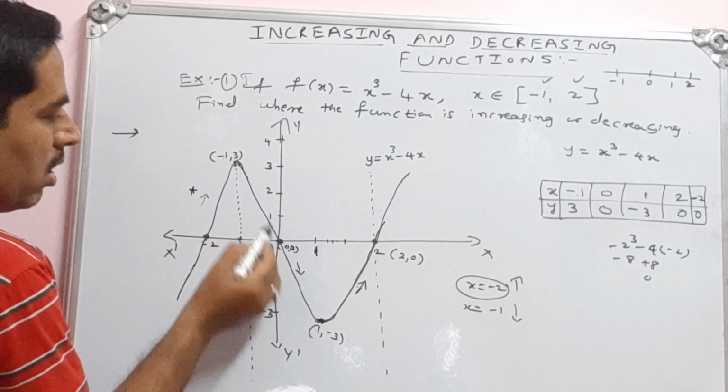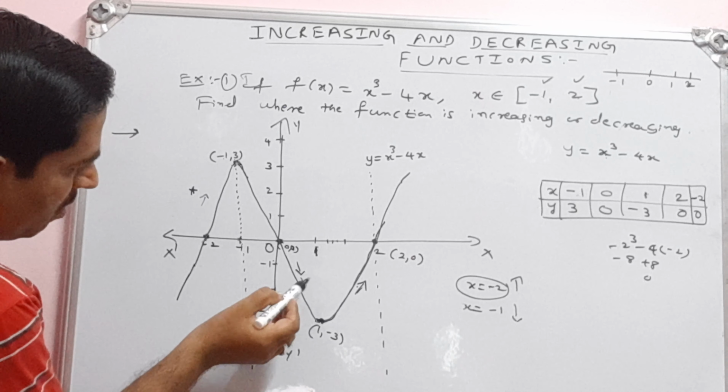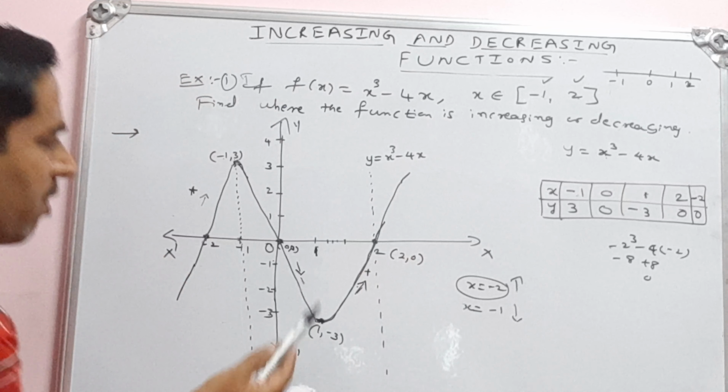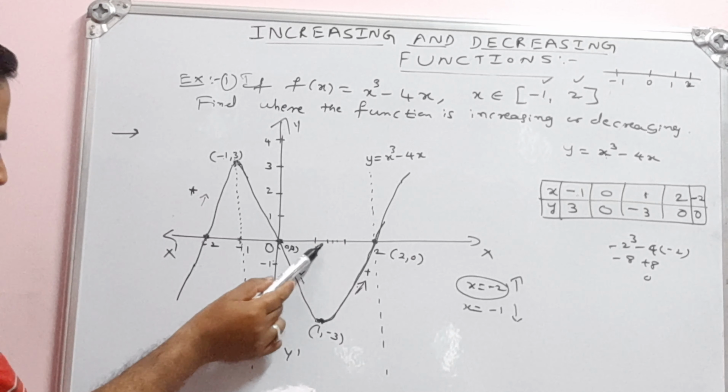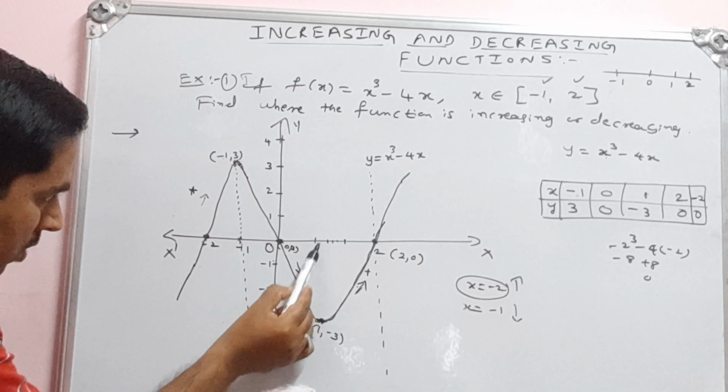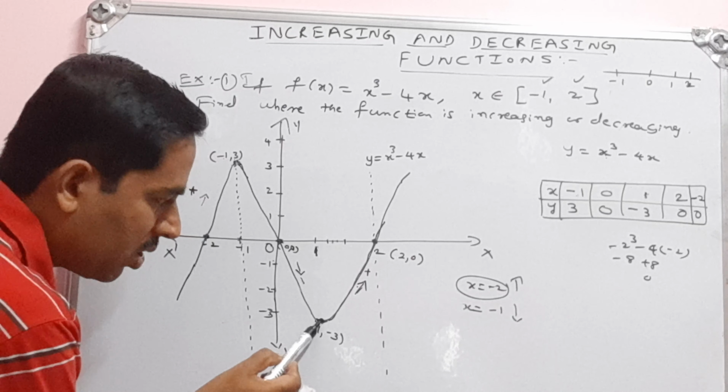So from this it is decreasing, that is minus. Then from this point it is what? Increasing. Let me write it plus. See, from say this point, 1.2, as it reaches 1, it is constant. It is neither increasing nor decreasing at this point. We shall discuss this point later.